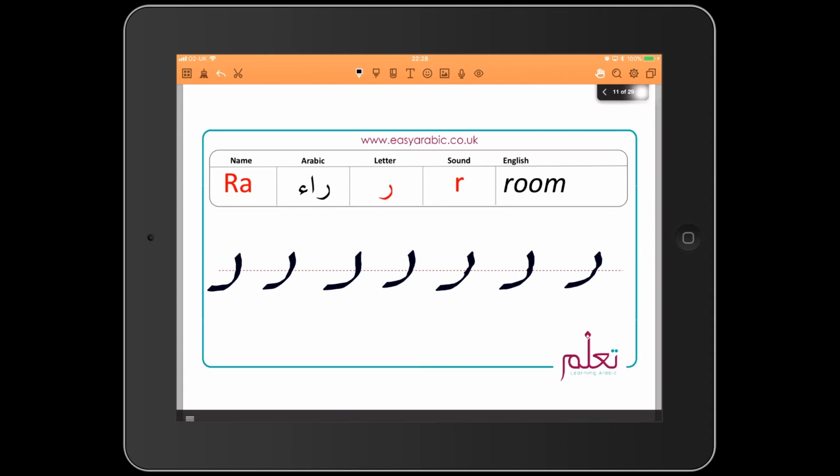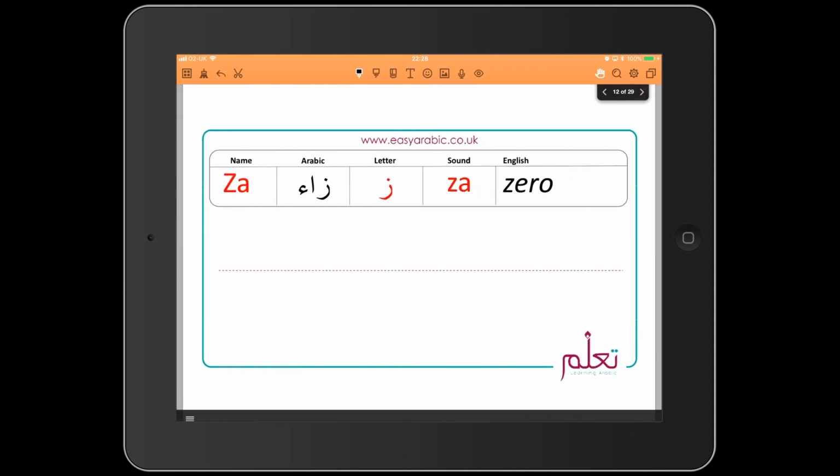The next one is the letter za. Now here, join your two teeth together. Za. As in zero. Okay, let's try that again. And again, the shape is exactly the same as the ra, but it has the nukta on the top. So it is